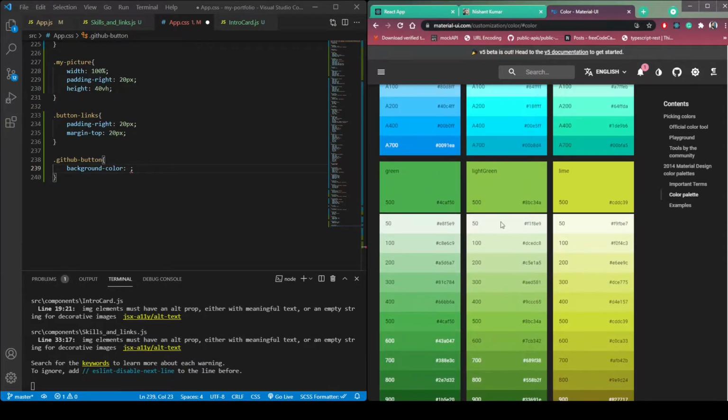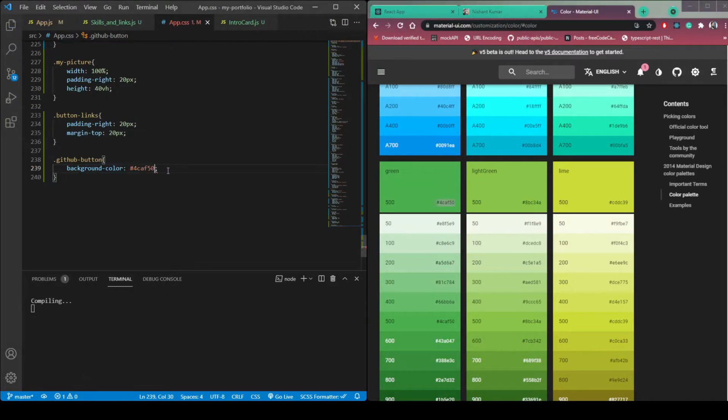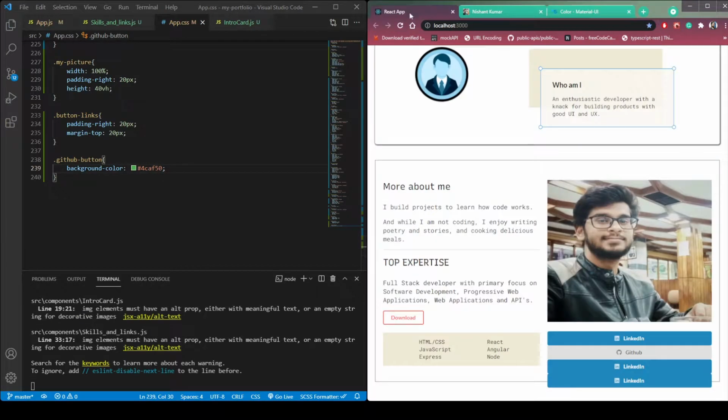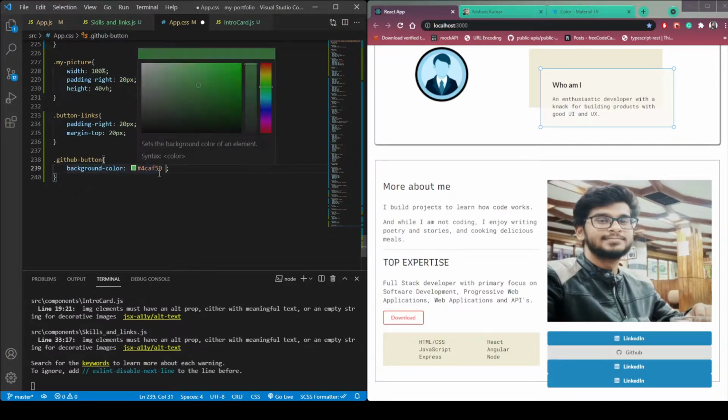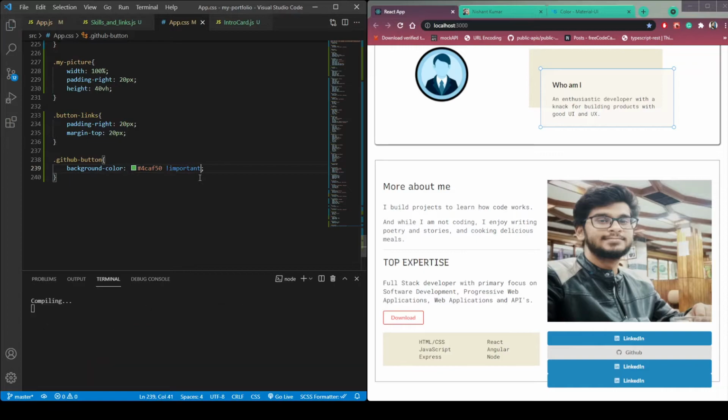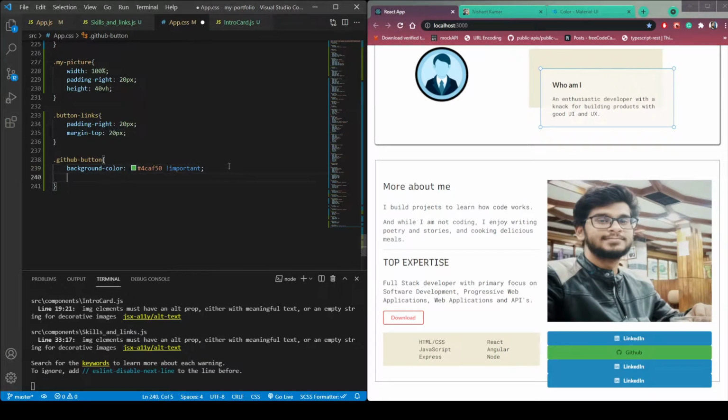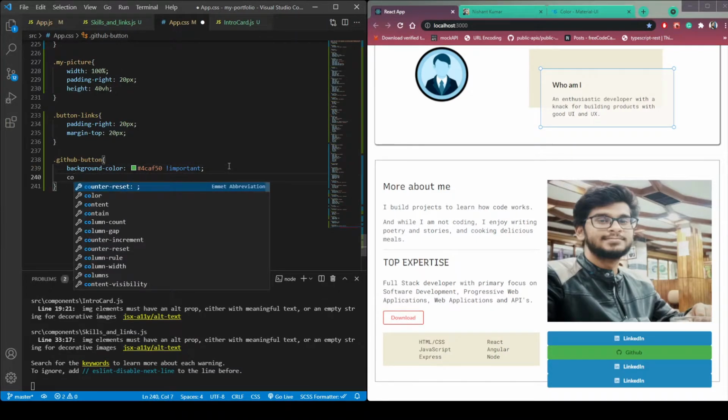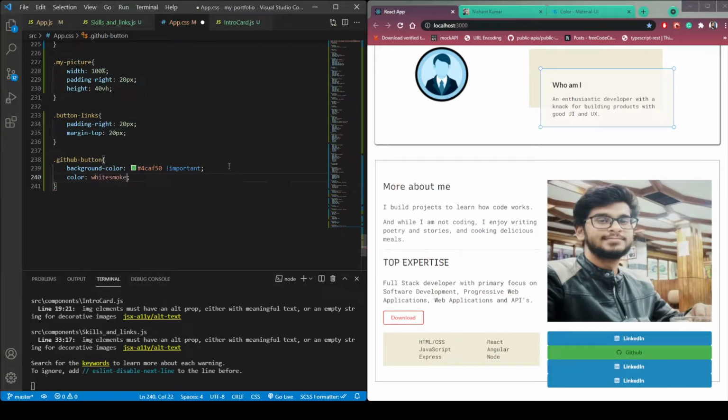Let's use this one for GitHub. So background color green. Make it important to override the existing class. So important. Now we need to give it a font color. So color white smoke. This one should also be important.